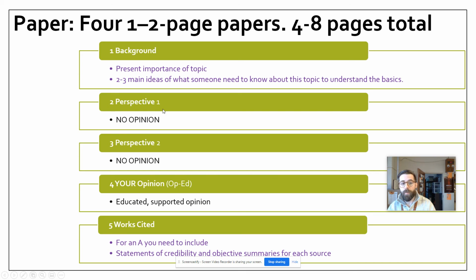So for example, if perspective one is about why people should have stronger gun control, and perspective two is about why people shouldn't have more gun control, we should be able to take either of those two papers, put them in front of a person who believes either for or against gun control. They should read it and be like, yes, that is my argument. Those are all the main points that I would make. You've left nothing out. I could take this and use this as an expression of my opinion.